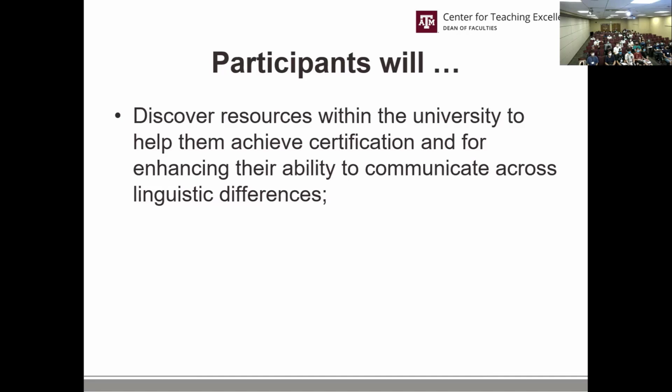So that is done. You've obviously achieved some mastery of English. In order to be an instructor, though, there's a separate standard that pertains solely to speech. It doesn't take into consideration factors like your writing ability. So certification is related to speech in English and enhancing your ability to communicate across language differences.